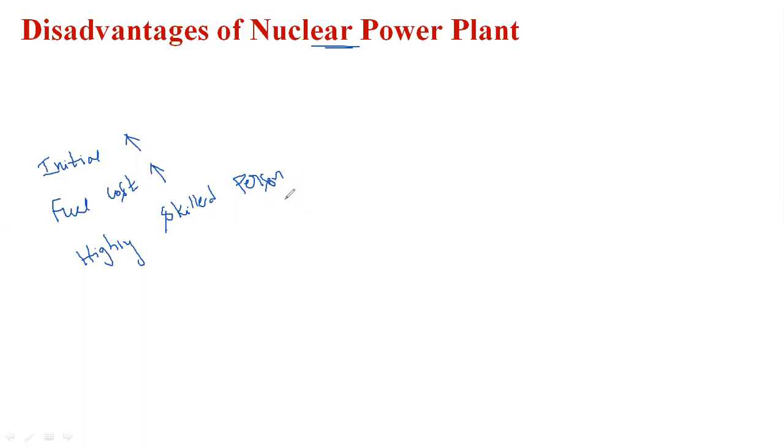That is nothing but radiation hazards. That is alpha rays, beta rays, and then gamma. If even a little bit of radiation enters the open atmosphere, the complete surrounding area will be affected. For that purpose, at the time of construction and after the operation of the power plant,